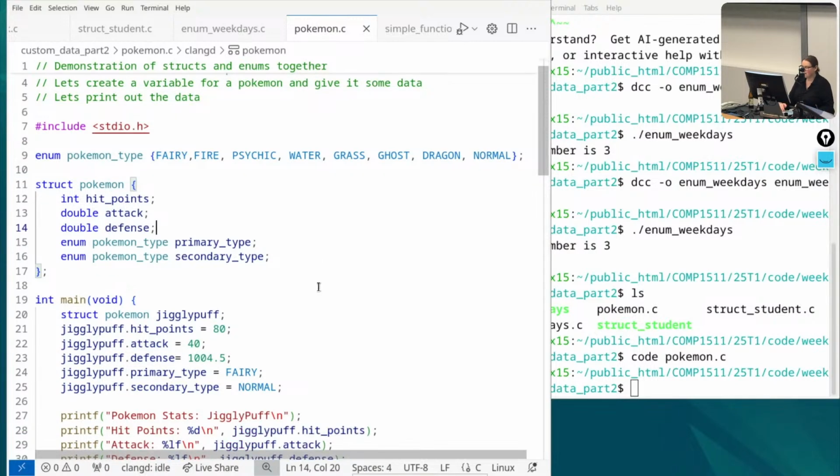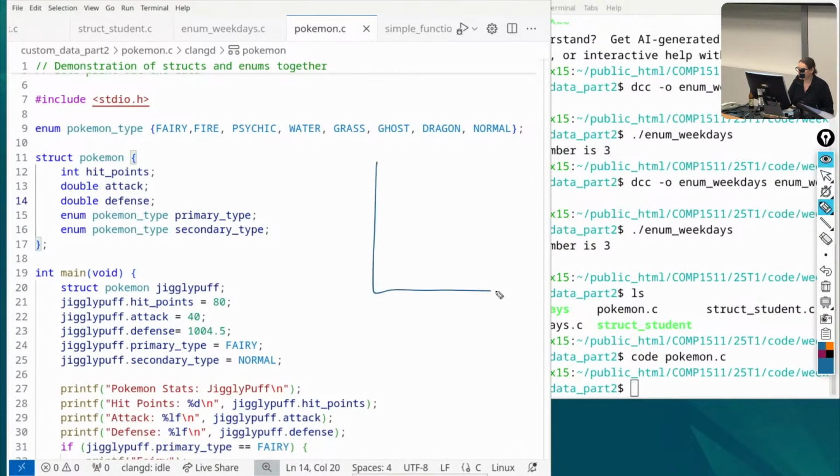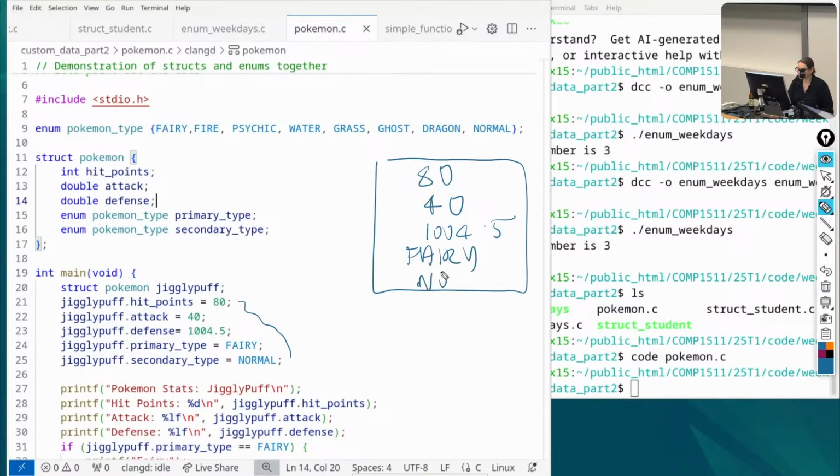Now down here, I've created a Pokemon. So the name of my variable is Jigglypuff, and again, these are all fake numbers. Don't come for me. I'm giving Jigglypuff all these different member values. I think maybe they are fairy and normal, but doesn't matter. So this is how we'd have to set it all. And we know already, if I want to print out any kind of enumerated type, I'm going to have a lot of code to do that. So when we go down here